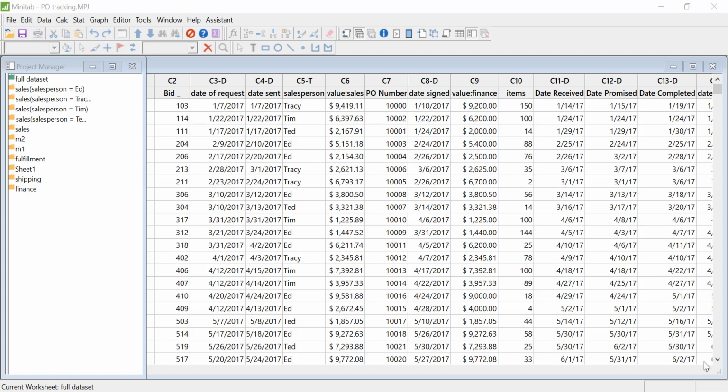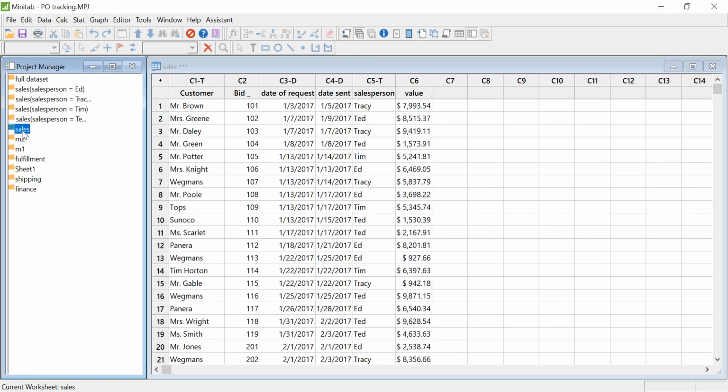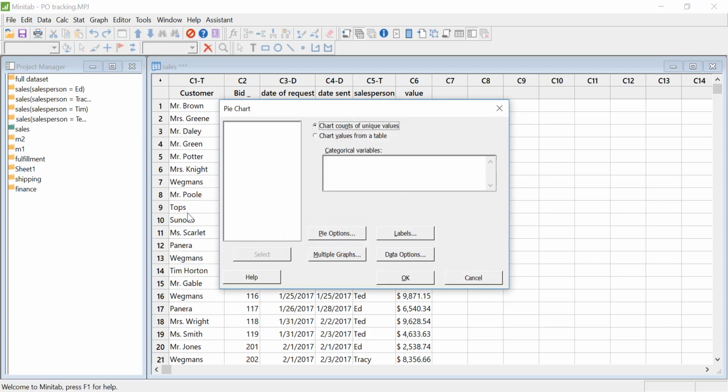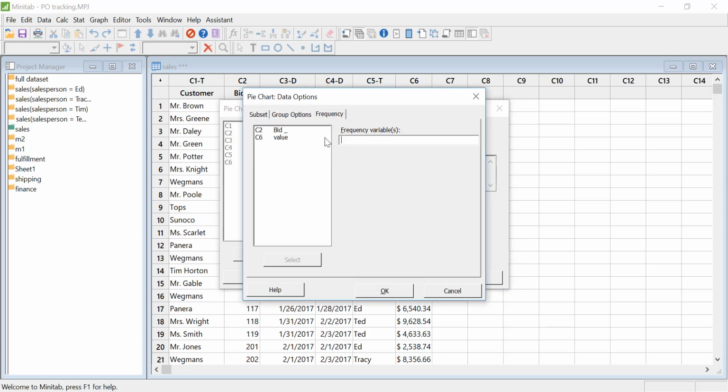Let's explore the data from our scenario with some graphs. To start off, the manager of the sales force is interested in how his people are doing in terms of generating bids. So we'll go to the sales worksheet and we'll create a pie chart by salesperson, but it's important that we identify value as a frequency variable, so it's going to sum the various